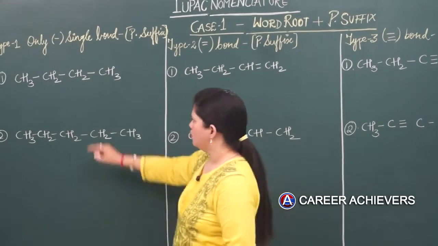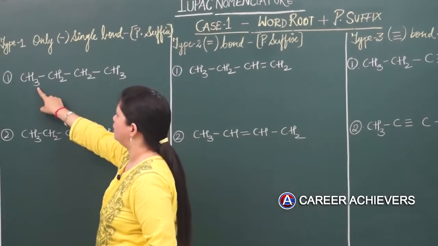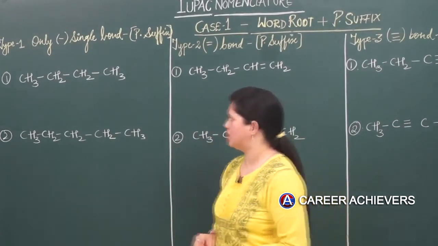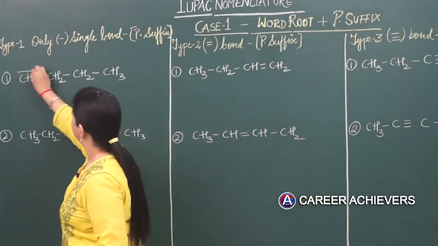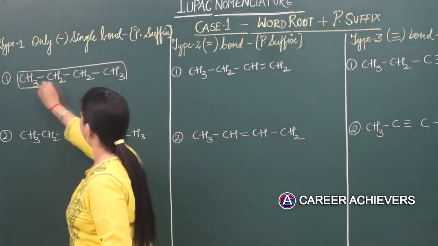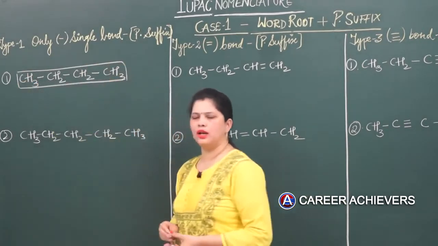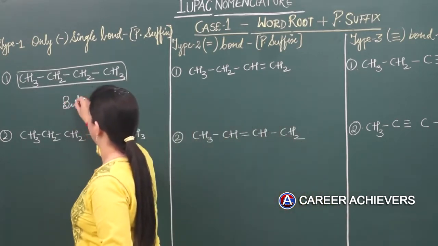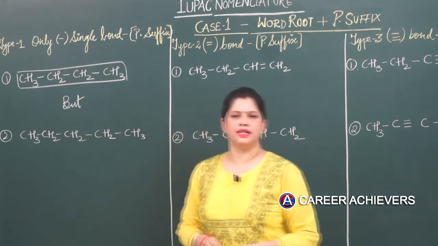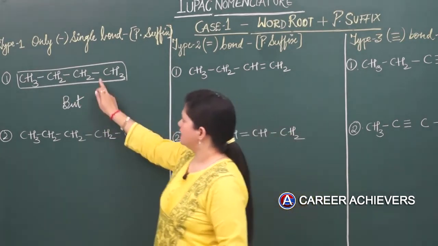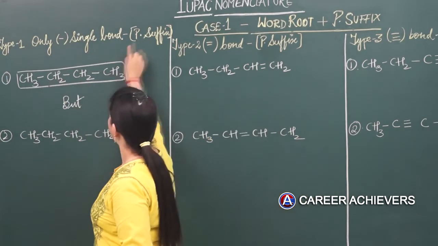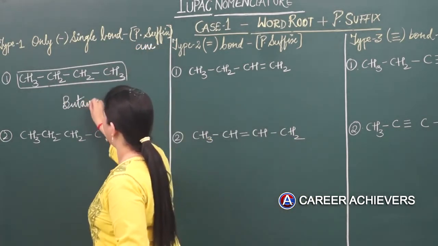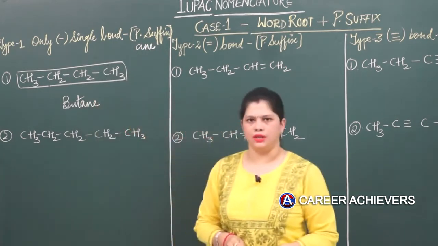present in the molecule. Talking about this molecule, I have already told you the very first rule is to count the number of total carbons present in the straight chain. We can see that this is already a straight long chain, and this contains a total of 4 carbons. So the word root for this molecule would be but, because we know the word root represents the number of carbon atoms. We can see single bonds everywhere, so the primary suffix used for single bond is ane. So this molecule is called butane, right?